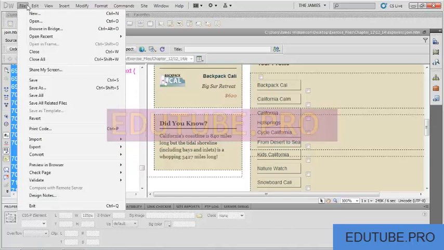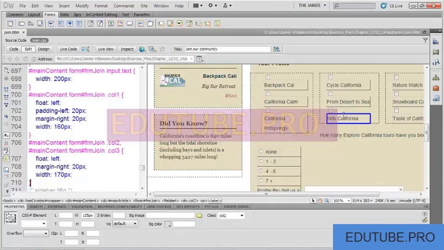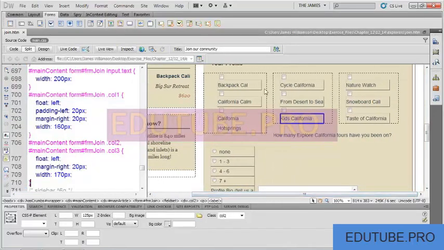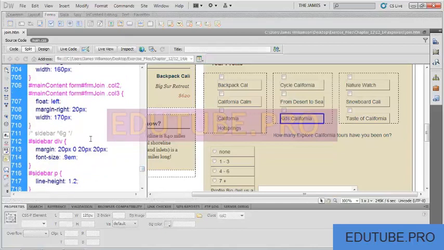And if I do a save all and click over here in our form now, we can sort of see a 3-column layout coming to fruition. Now, the reason that we're not seeing a really nice 3-column layout, number one, I'm still in design view, and number two, our checkboxes and their labels are still just a little too large. So using our styles, we're going to target the interior contents of these columns and sort of just shrink everything down a little bit. So on the next line in our code right after that, we're going to type in